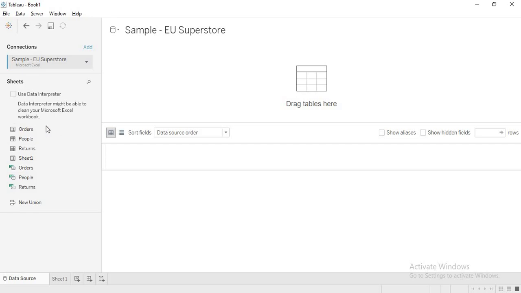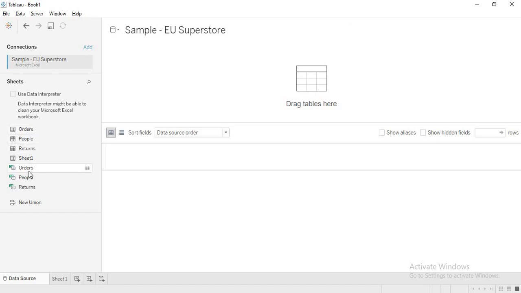And this Data Interpreter, you'll be provided a detailed video on Data Interpreter. This will help you find tables within the Excel file that is given. Sometimes the Excel format is not feasible to analyze using Tableau. When you use this Data Interpreter, it will find the tables that are present inside the data and give them to you for analysis.